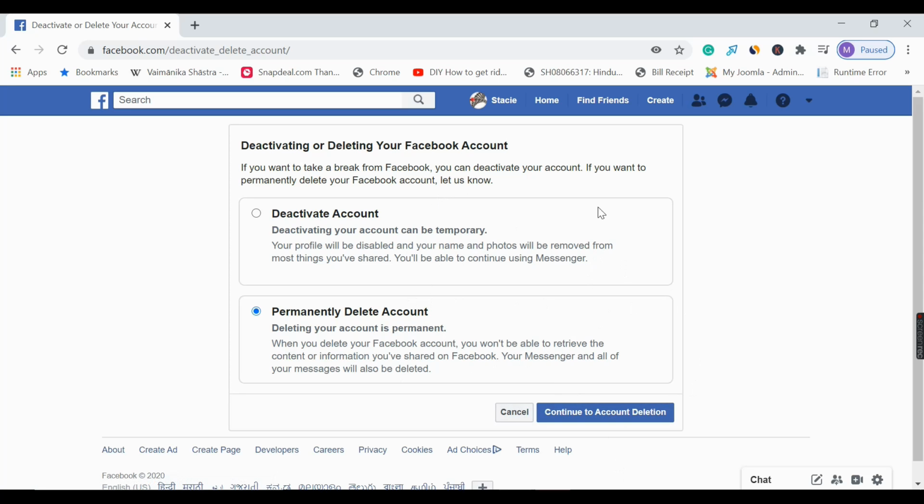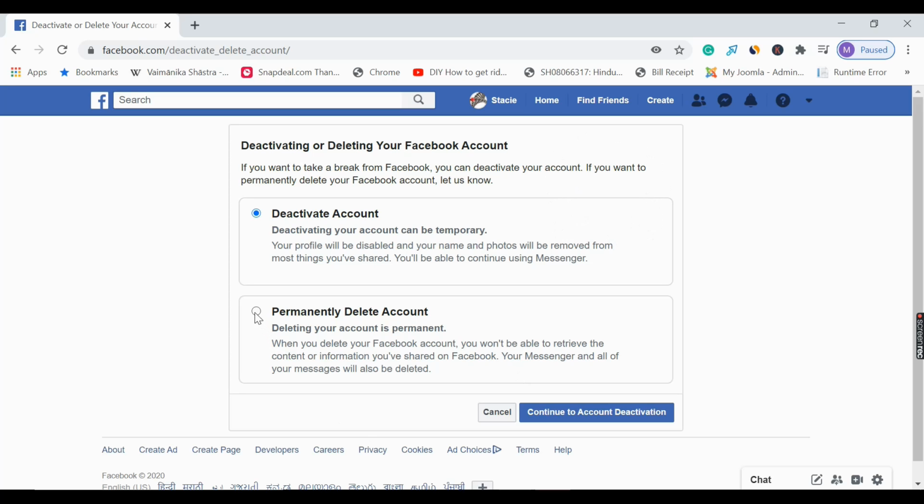And if at all you thought, okay, let me not delete it, let me come back to this account after a month, or maybe after some time, whenever I feel like connecting to my people again on FB, then you can select deactivate your account. This will temporarily disable your account, and you can enable it anytime so that everything that you have on Facebook servers will be restored.